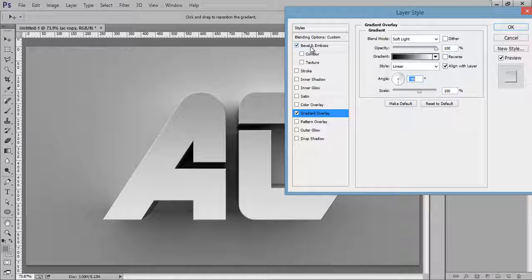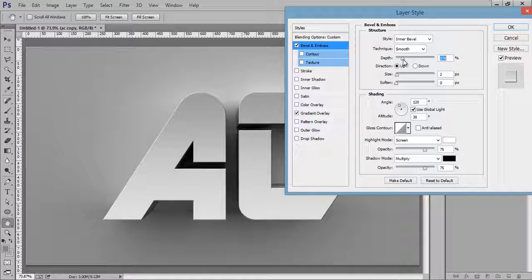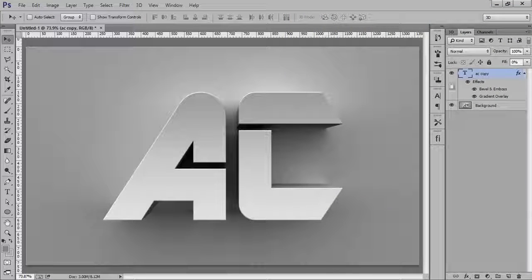Now go to this bevel and increase the depth of this bevel, and increase the opacity for white particularly, like this. And even you can change the angle. That's very fine. Opacity for black I want about 20 is fine. Just click on there. This is before and this is after.